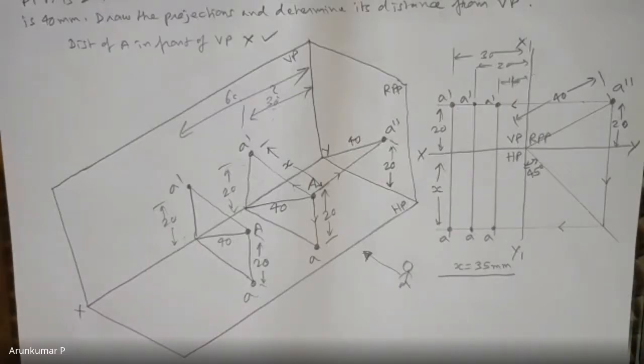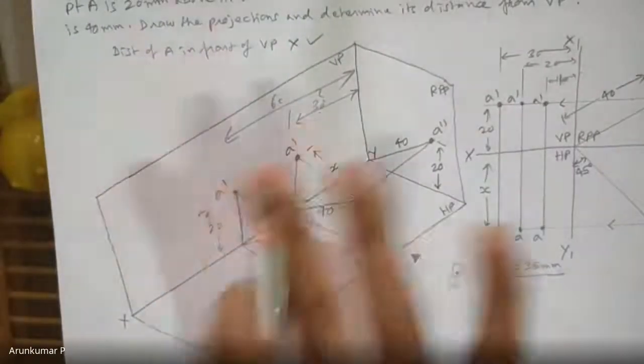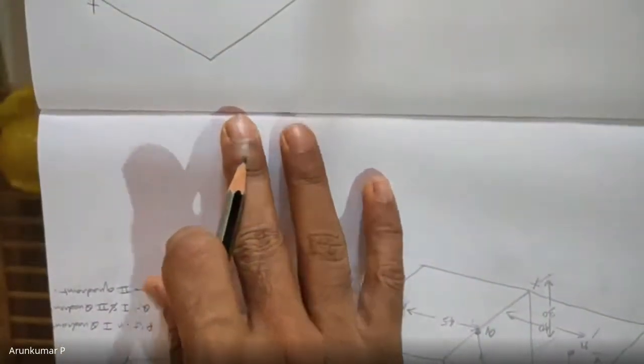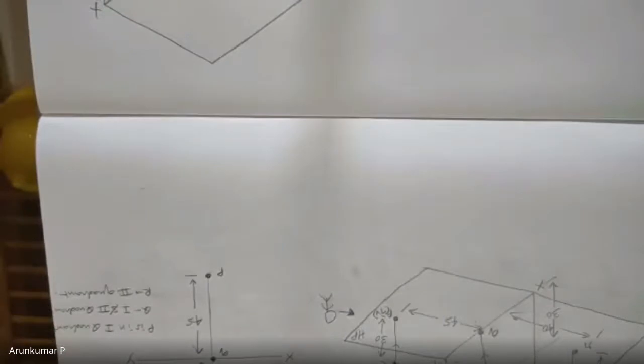So what I would tell you is, I think one problem you can solve. I think this one problem you can take for assignment. This problem you can solve as it is. That is the shortest distance problem. You can solve the same problem for assignment. It is important. And one more problem I'll give you which involves 3 points. So that will be your last problem for assignment. So I think totally you will have around 8 problems.